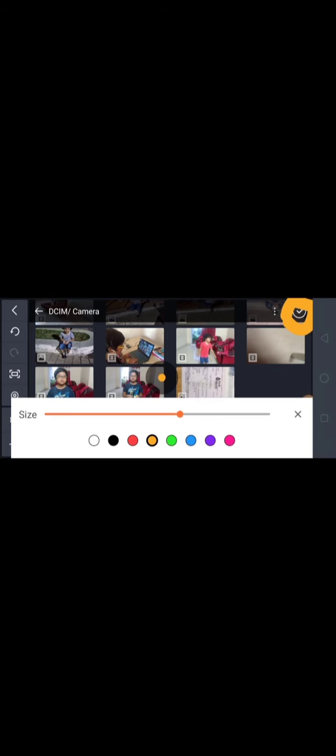So guys, you see this media. You have to press that media and it will come. So I'm going to go to the media. Guys, I've taken my previous videos, so I'm going to just edit them somehow. After selecting, you see this tick button. You have to press it and it will get saved.